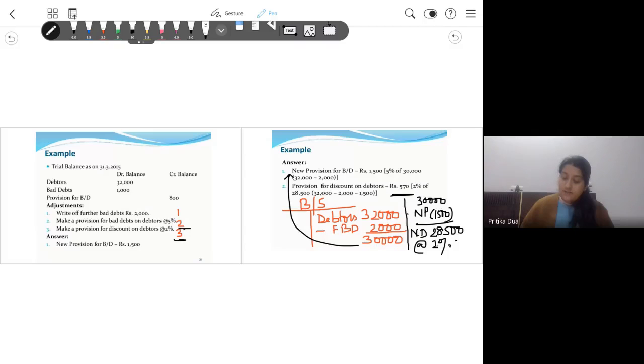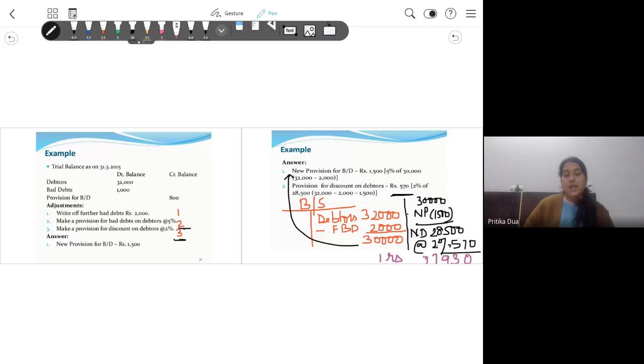So 570 will be deducted here, and your final amount of debtors in the balance sheet will now be 27,930. तो आप इस ऑर्डर में ही एडजस्टमेंट्स करके प्रोविजंस की वैल्यू कैलकुलेट करोगे,